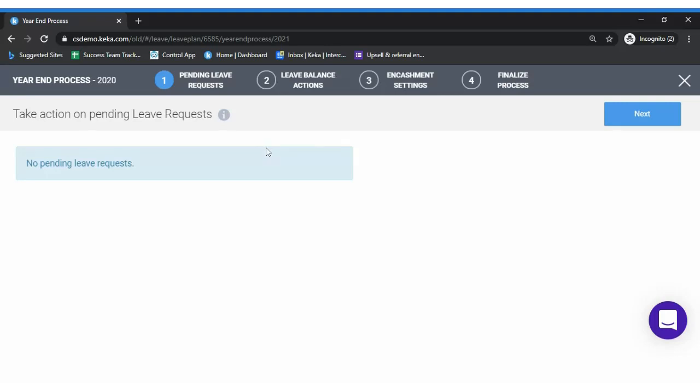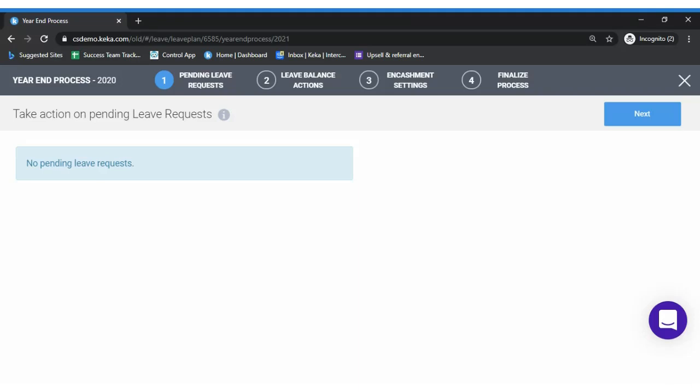So that balances will get captured exactly. I suggest you approve all the leave requests which are pending. You can even inform all the reporting managers to approve them. Either they can approve or reject, depending on the leave requests made by that employee. So some can be approved and some can be rejected. In such a case, I suggest you inform all the reporting managers to take action on the pending leave requests for all their employees to begin the year-end process.